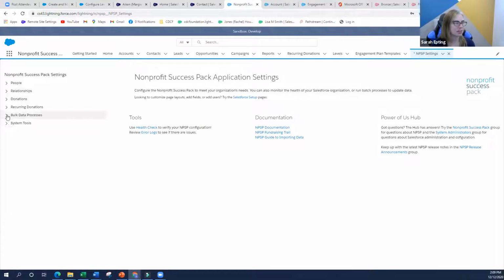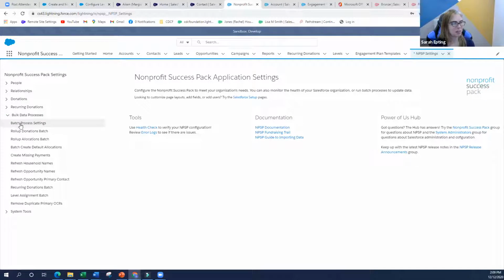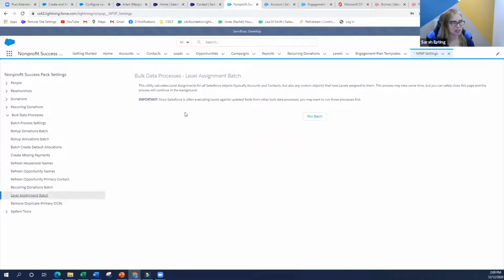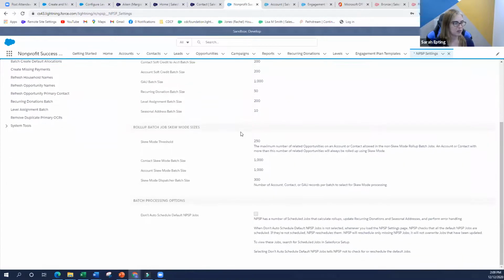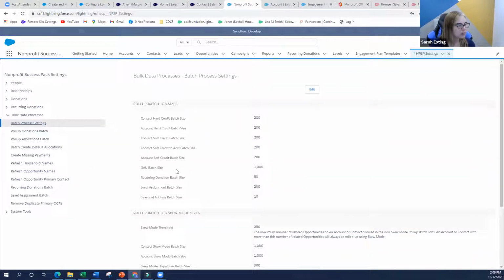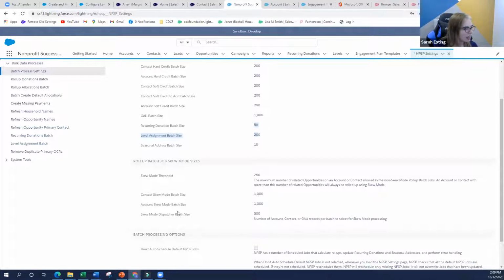This bulk data processing and level assignment batch. If I go to my batch process settings, I can see that the roll-up size of the batch is 200, and